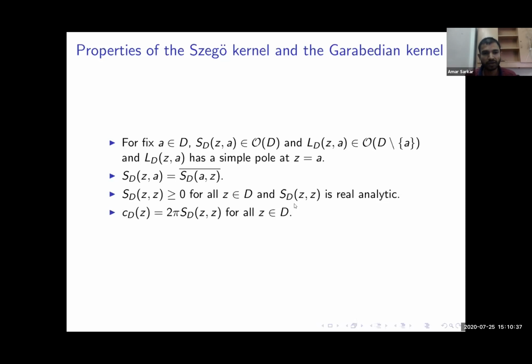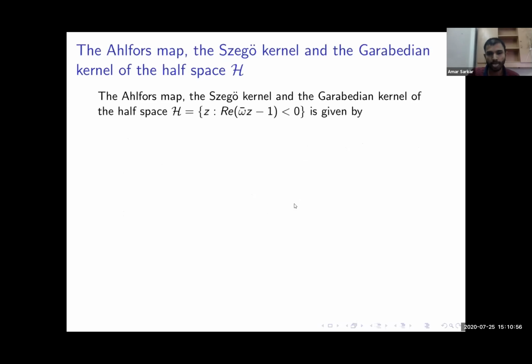Now, the remarkable thing is this, that the curvature metric can be written as 2 pi of the zero kernel along the diagonal, and this will say that the curvature metric is a real analytic function. Hence, we can define the curvature of the curvature metric as well. Now, let's give you the formula for the zero kernel of the half space, where because we are going to use this,